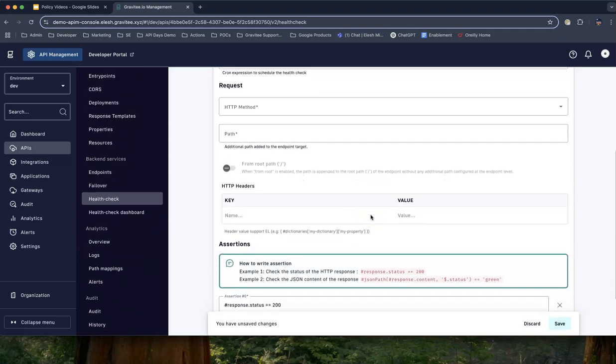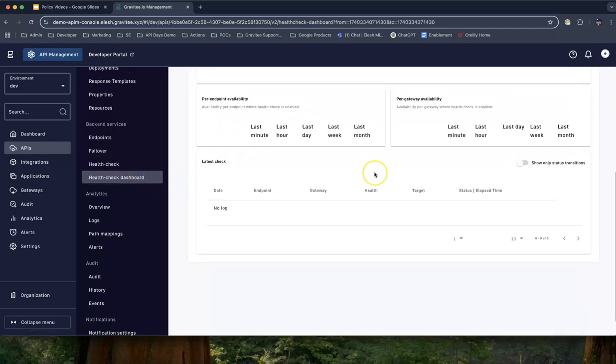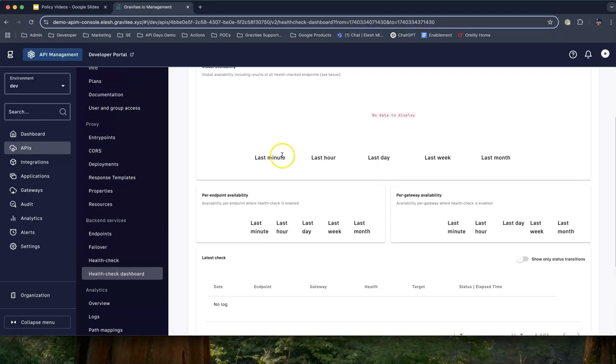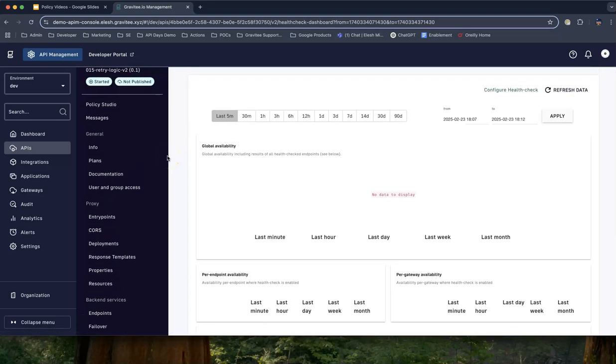And then subsequently you can say what it's looking for in terms of response status, and also you could add a context variable to say status is green, which is good. So the health check is important, and also you've got a health check dashboard as well that will show you the health of that API historically. So super straightforward way to set up the retry policy, but also Gravitee has some other tools that you can use to ensure the health of your